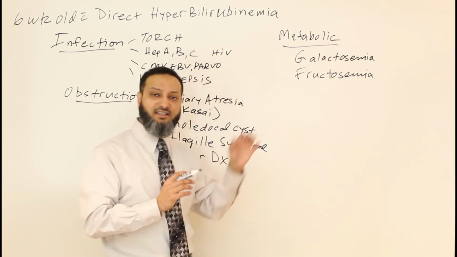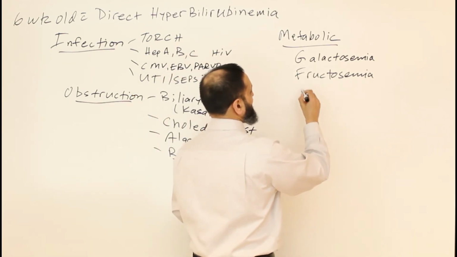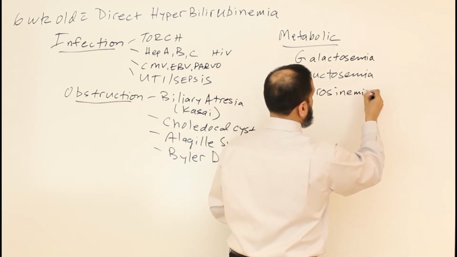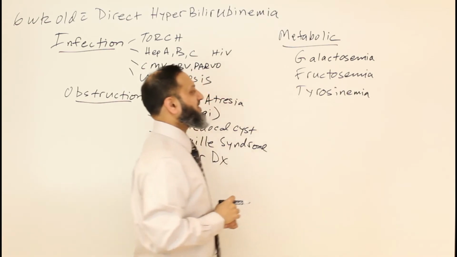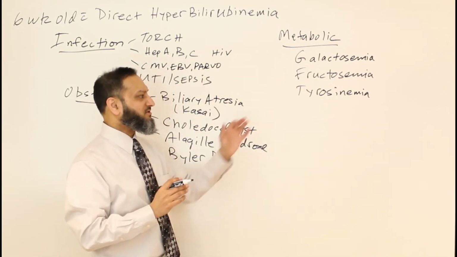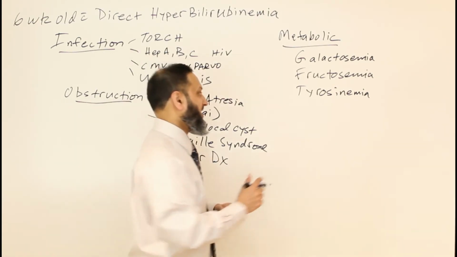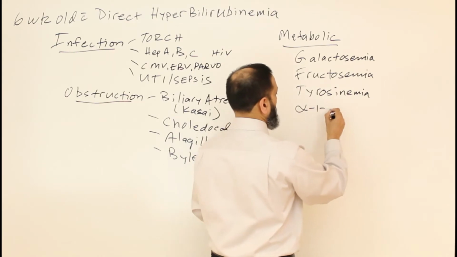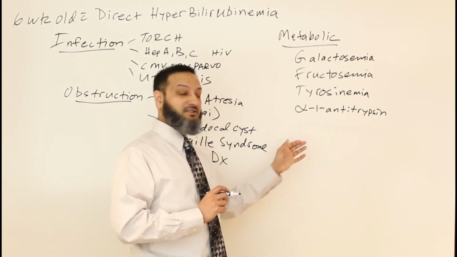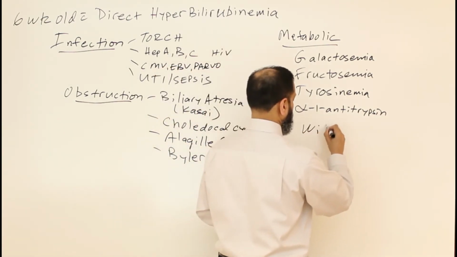The next thing under metabolic we can mention is tyrosinemia. So that's another entity that can give you direct hyperbilirubinemia. It's very uncommon, but still something to consider. So that could be a metabolic cause of direct hyperbilirubinemia. Another one includes alpha-1 antitrypsin deficiency. Okay, so after alpha-1 antitrypsin disease, other things that you can consider under metabolic causes would be something like Wilson's